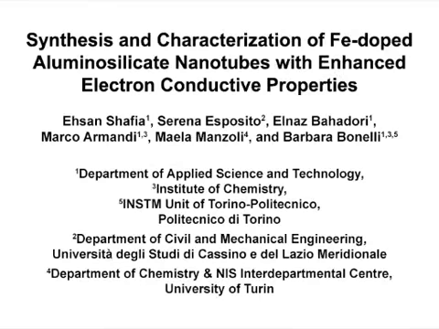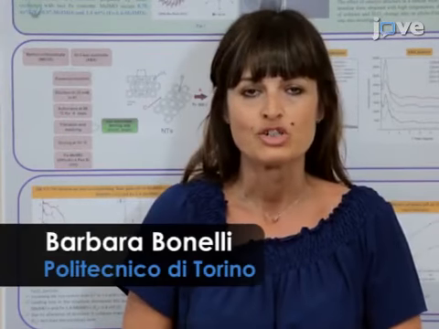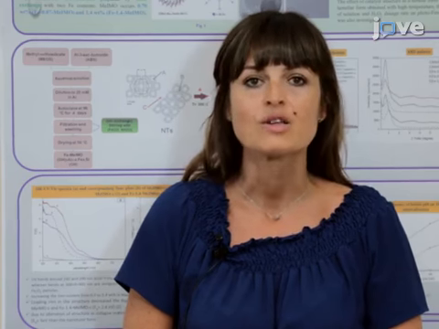The overall goal of this procedure is to synthesize iron-doped aluminosilicate nanotubes of the imogolite type with defined textural and surface properties and a reduced band gap with respect to proper imogolite. This method allows preparation of iron-doped nanotubes with a maximum iron content of 1.4 weight% by either direct synthesis or